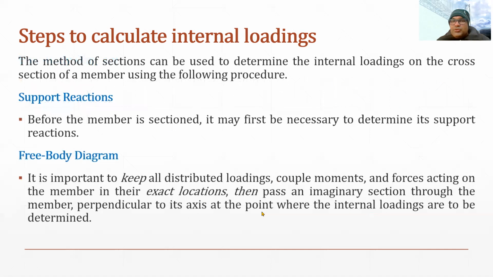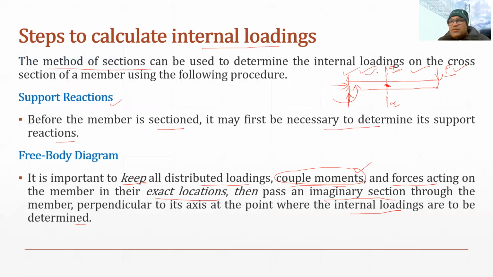Now I will show you the same example. Now I have to decide whether I take the left hand side part or the right hand side part. For example, if I take the left hand side part, then I have to make its free body diagram. So this is the beam section, the left hand side part of the beam section, and on the left hand side part there will be three forces in the form of reactions.